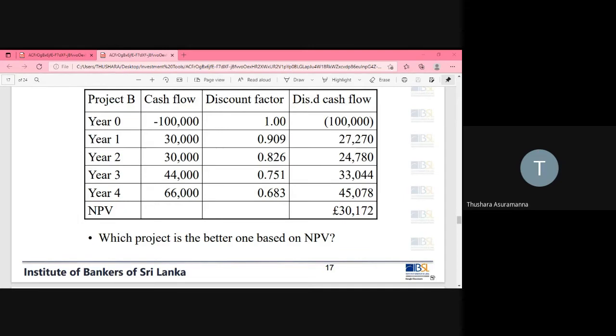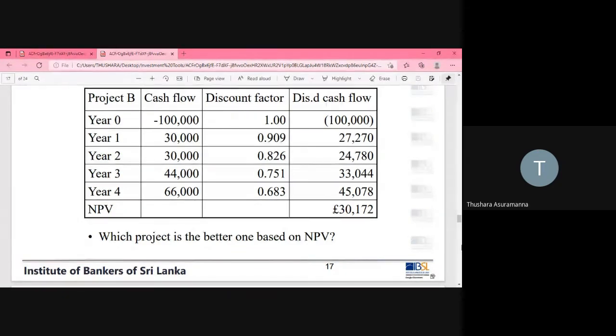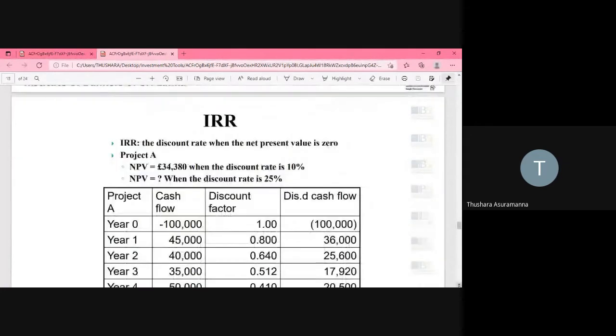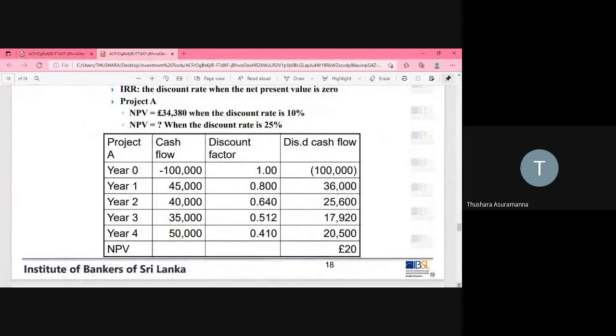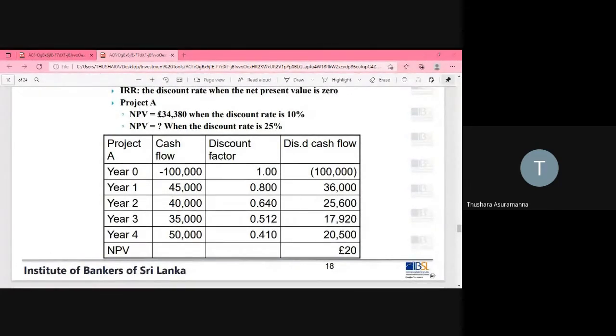And then how we are going to compare it is, let's say you are an investor, you have some money, and you might see what the investment opportunities in front of you are, right? And then you try to understand which project gives the highest